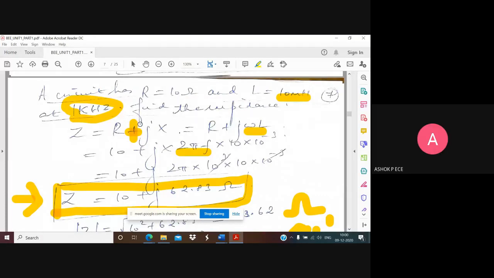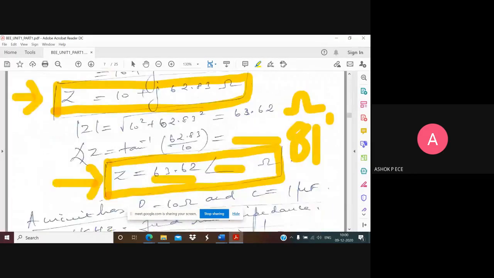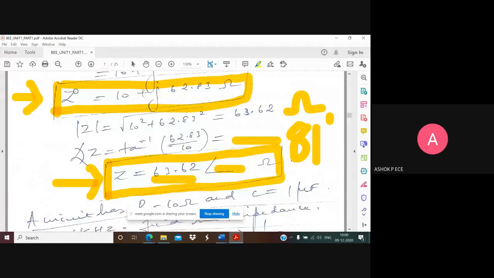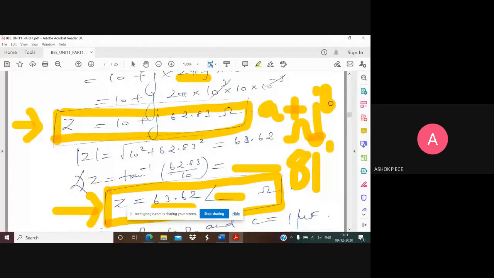So please read the question very, very carefully, whether you are going to have L or C, and accordingly you do it. Okay, and in reverse, if Z is given to you, you can easily say what the components of Z are going to be. If Z takes the format A plus jB, the real part is going to be resistance. Since the imaginary term is plus, this should definitely be an inductor. So it will have R and L.